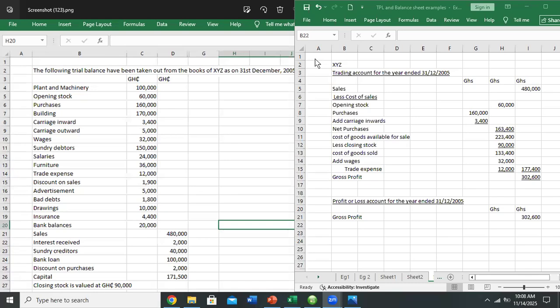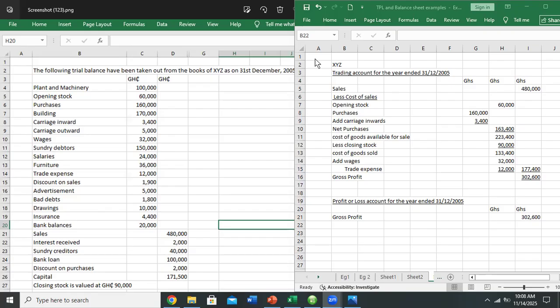Let me do it. So professors, we are saying that if somebody is into buying and selling, as in trading, the person's main income will be the profit he or she is making from the buying and selling, and that is their gross profit. Apart from that, the person may be engaging in other activities that bring in income or money. One of them could be investment. So aside from his normal buying and selling or trading, maybe he does investment in government bonds or treasury bills or whatever. So the income or the interest he receives on that investment is one of them.